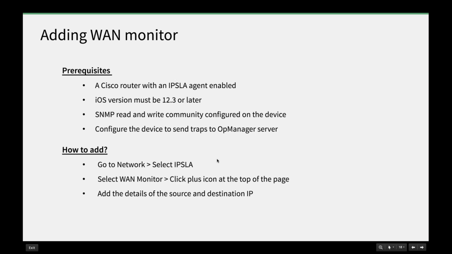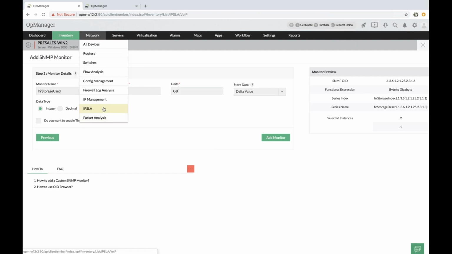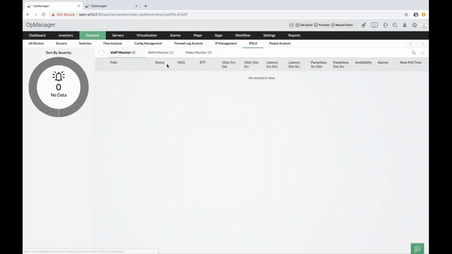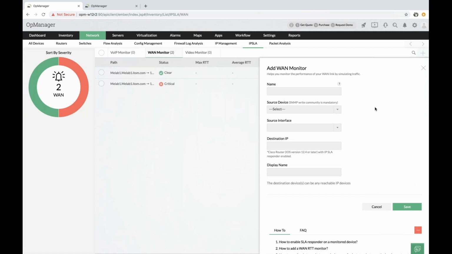And how do you add it? You have to go to network and select IPSLA and select WAN monitor to add it. Let me quickly show you how you can do that from here. Go to IPSLA from the network, and select WAN monitor, and you click on the plus icon at the top